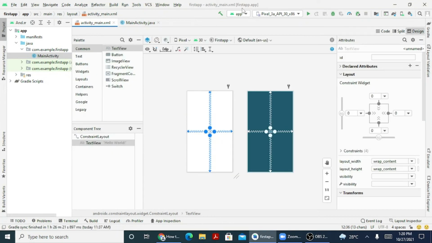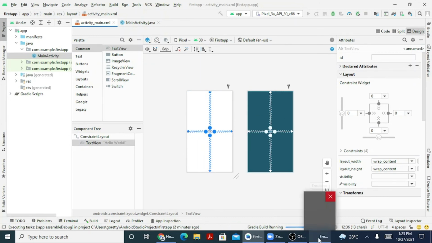To run, we have over here a run button. And over here we have a virtual phone which is connected. We just need to select that and run that particular application. If you want to change, then you can select, or you can go and launch your AVD Manager as well. So I just click on the run button and you can see Gradle build is running. You can see the emulator is loading right now.